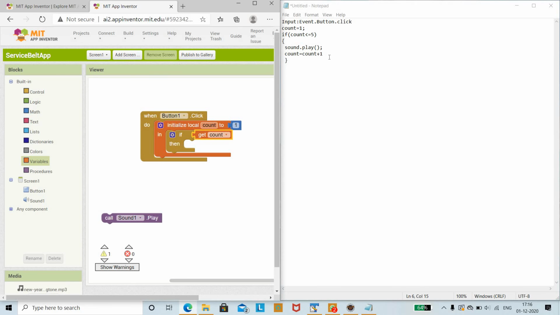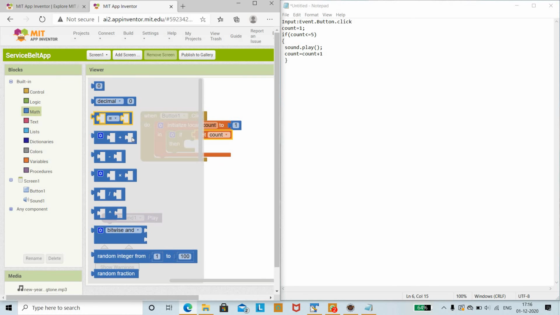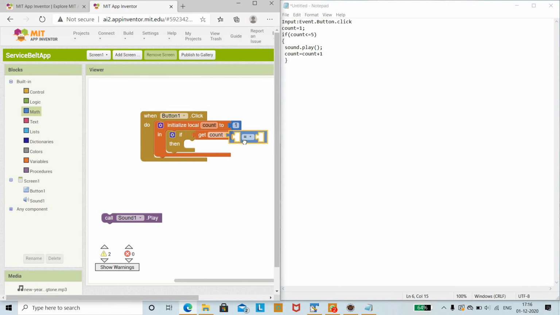Now we need to insert the condition, that is less than equal to. For that, again go to the math, and then use this third option, and this will allow us to